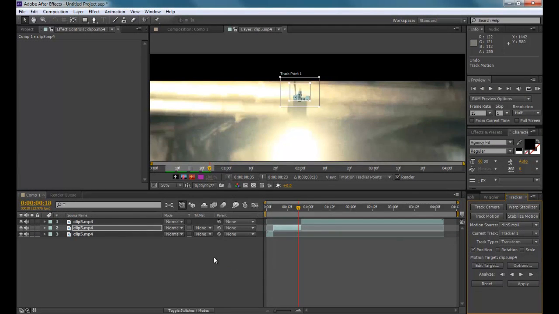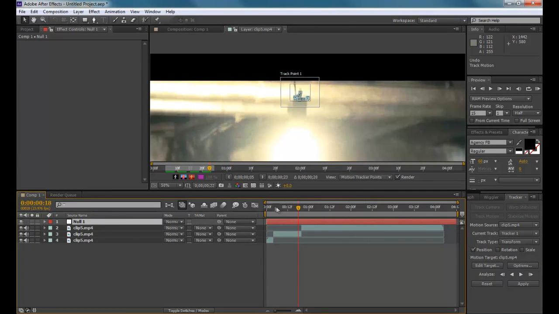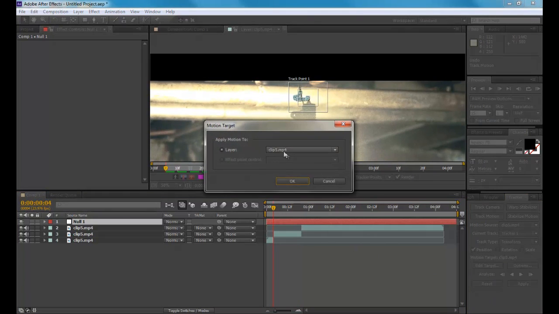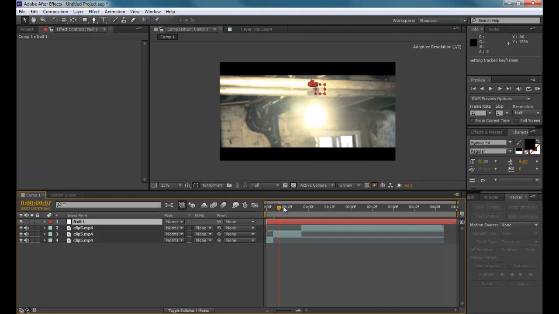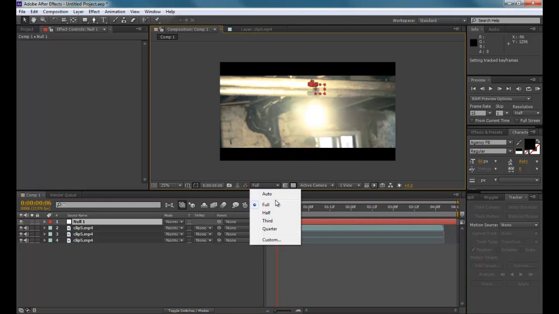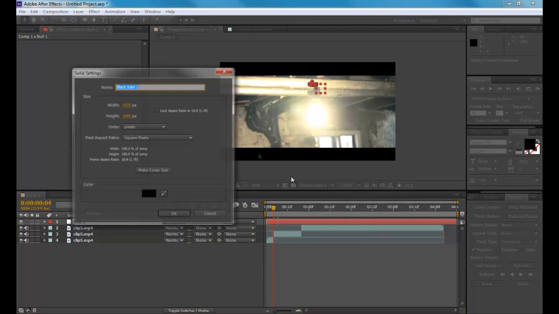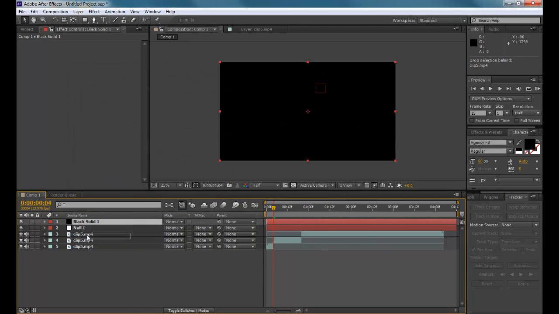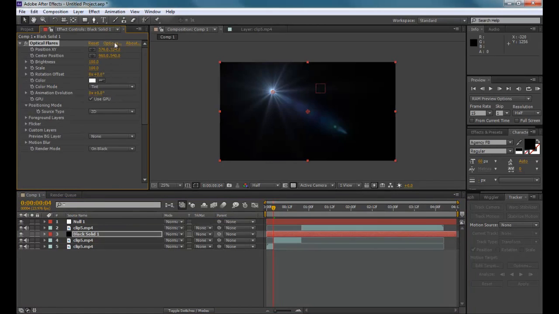Okay, now that's tracked, right click, new null object, and go back to the beginning of the clip, edit target, go to new null object, enter, apply. Okay, so now that clip has that new track. Now we will go to new, solid, black, okay, go down to there, effect, video copilot, that,